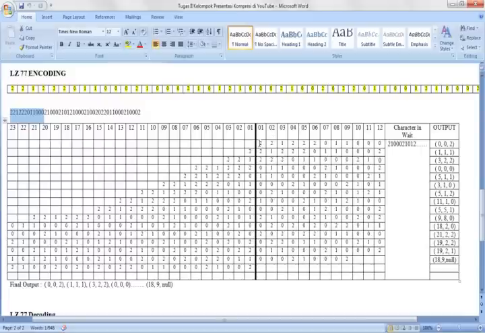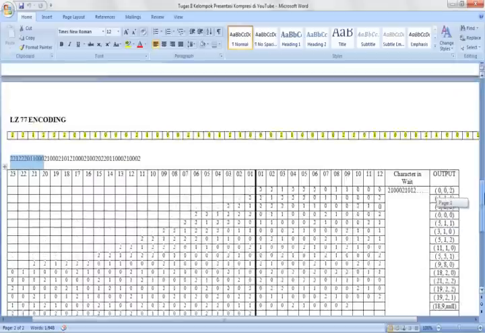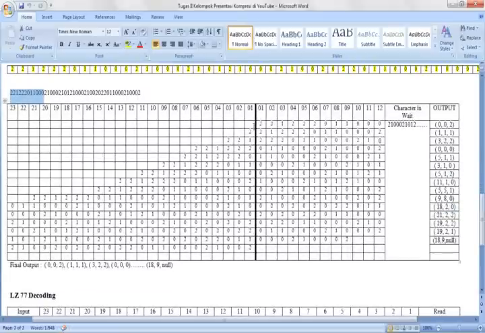Here you have 221222011000, and because there is no value in the first table, the output will be 0, 0 and 2.